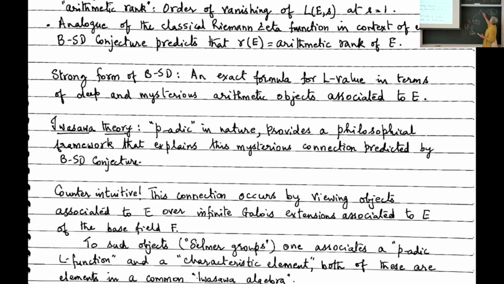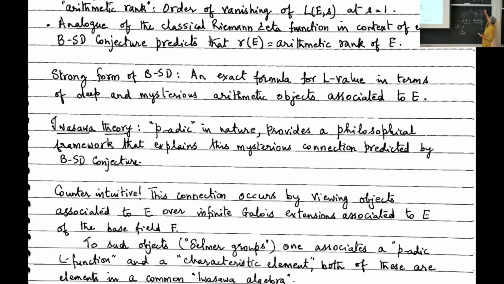And then to this X, there's also an algebraic face. Again, you can think of this as arithmetic or algebraic versus analytic, just as with a complex L function. Here you have an algebraic invariant, which is called the characteristic power series. I'll explain how they come about. And then there is a conjecture, the main conjecture, which has been proved in many cases, which says that these two are equal. Both of these lie in an algebra, and there they are predicted to be equal, and this happens in many cases.